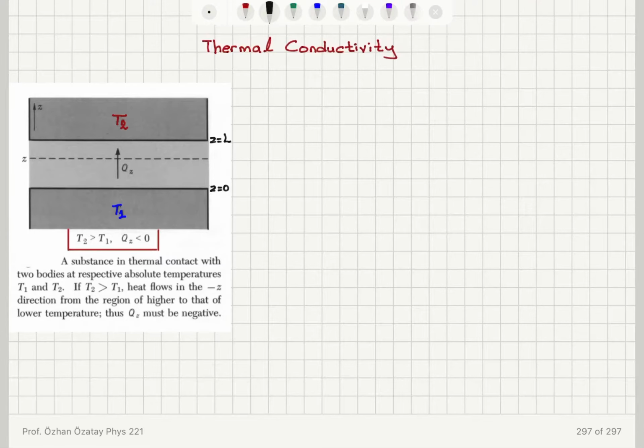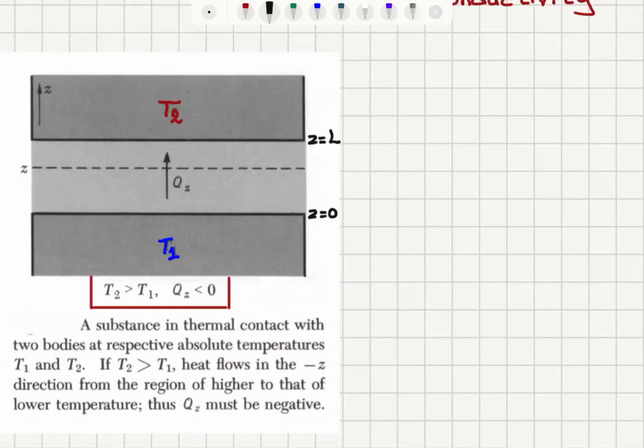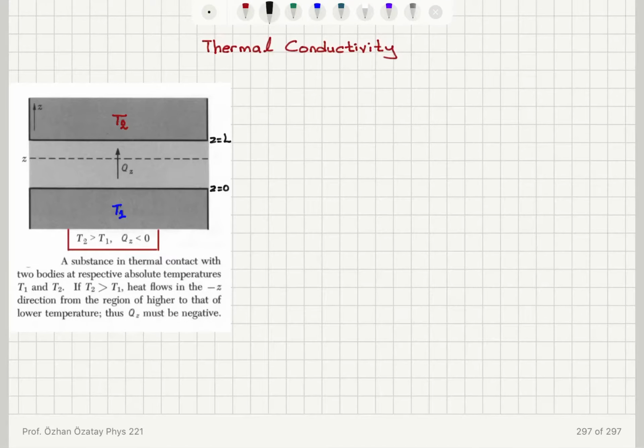the definition of thermal conductivity by considering a substance that is in thermal contact between two thermal reservoirs or heat reservoirs. One is cold at temperature T1 and one is hot at temperature T2. So the substance lies in between Z is equal to 0 and Z is equal to L. And in this scenario, we can talk about the heat flow reference direction as the positive Z direction. So for T2 greater than T1, so we have a substance